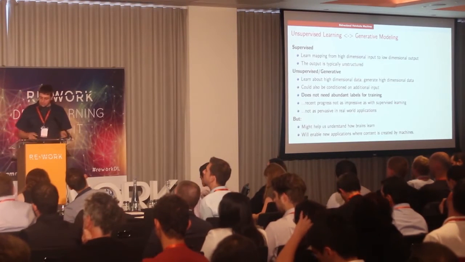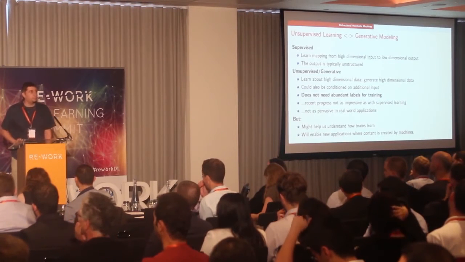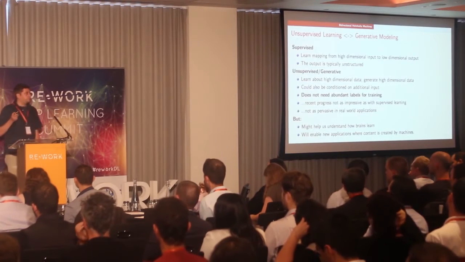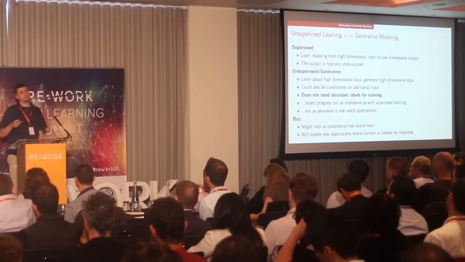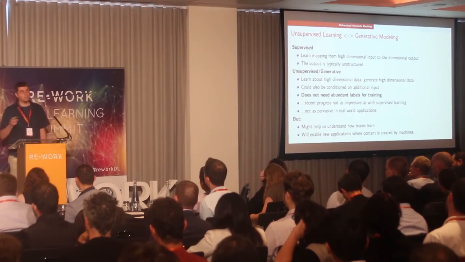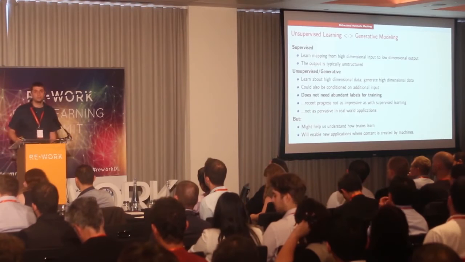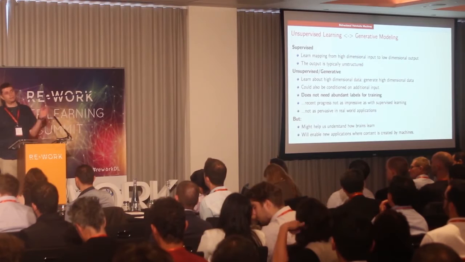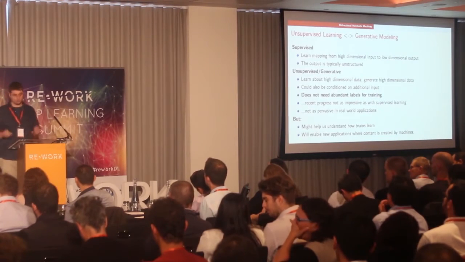But we are not there yet to generate really high dimensional output. And with that I mean, for example, generating complete images. Or taking the inverse problem of what we have seen today, what we have seen yesterday, of taking an image and translating it into a sentence. It would also be pretty awesome to go from a sentence to an image. It would be nice to have language models that don't just generate a single sentence, but that actually generate a whole paragraph of consistent text that makes sense, or a full chapter, or maybe a book.